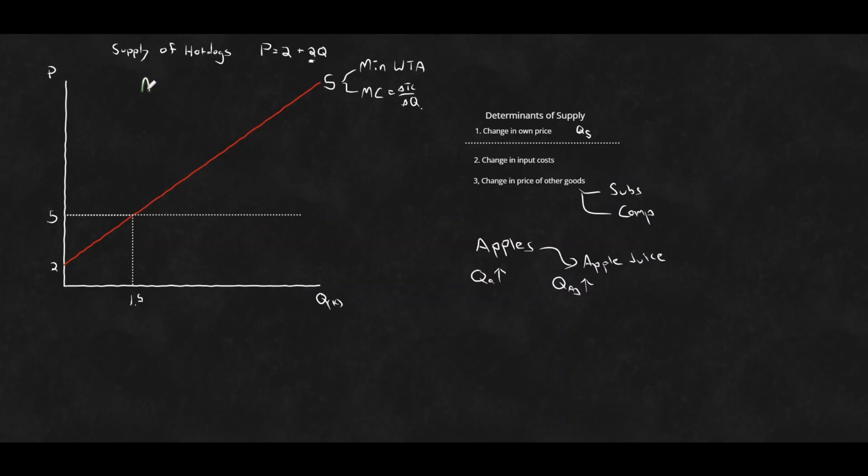Okay, so in that case there, let's say this is our supply of apples instead of our supply of hot dogs. Let's suppose that the price of apple juice goes up. Well, the price of apple juice goes up. This is not our supply of apple juice. This is our supply of apples. We will want to supply more. Well, we're talking about supply. That is, we would want to increase our supply of apple juice. Law of supply, right? Positively related. For the price of apples then,